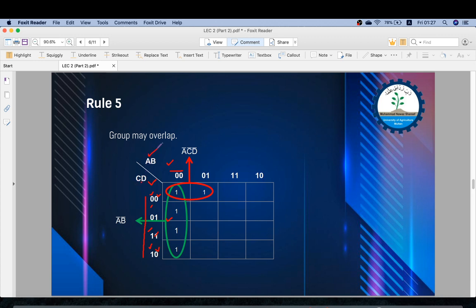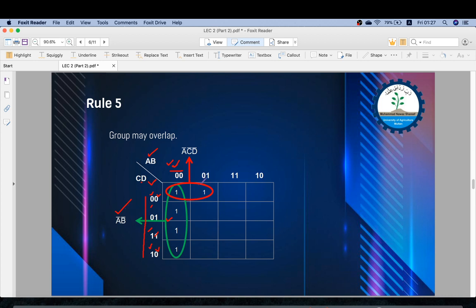Now we come to A and B. A and B are both 0 here. So we'll take both A complement and B complement, because if it was a combination of 0 and 1, then we would take only the common one, but since it's a single value, we take both. So the equation is A complement, B complement. It was 4 variables, and the equation has 2: A complement, B complement.